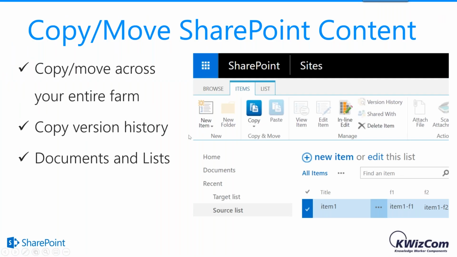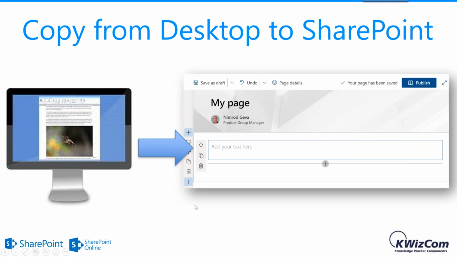Okay, so next tool that I want to talk about is another copy-paste enhancement. This one deals with a different use case. Many times, customers want to migrate their documentation, their Word documents, PDF documents, and so on, to online pages. And up until recently, when you tried to copy a Word document, which included